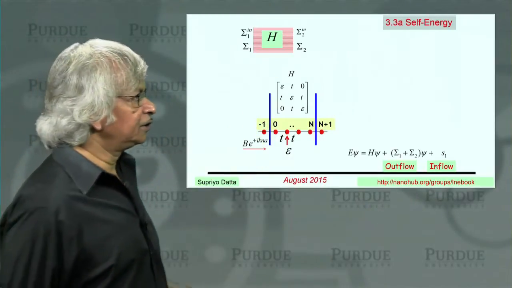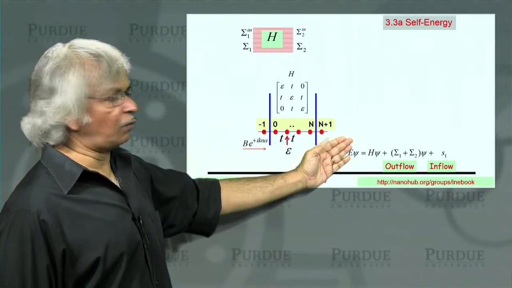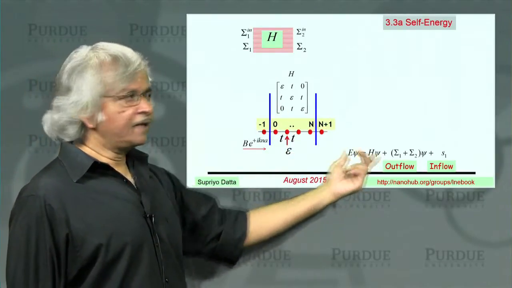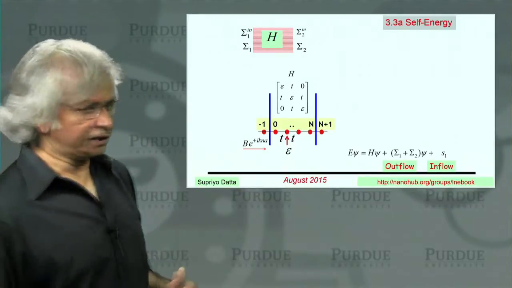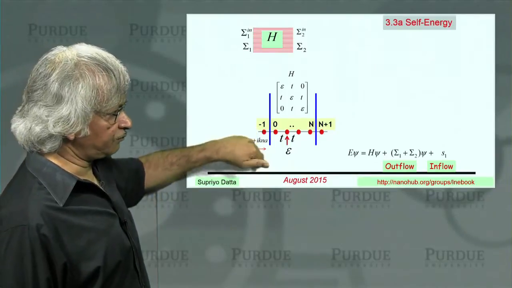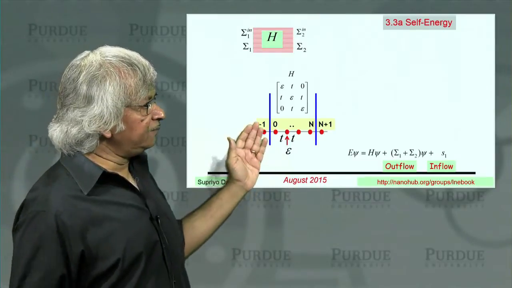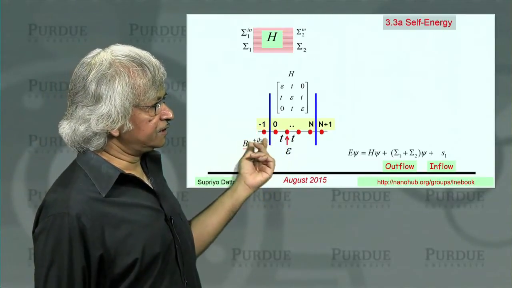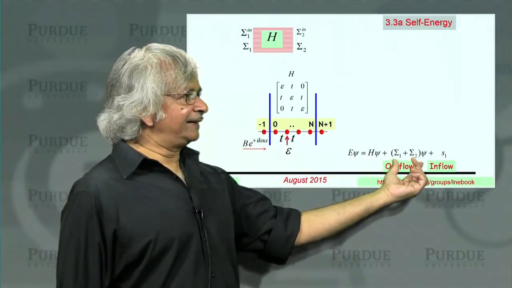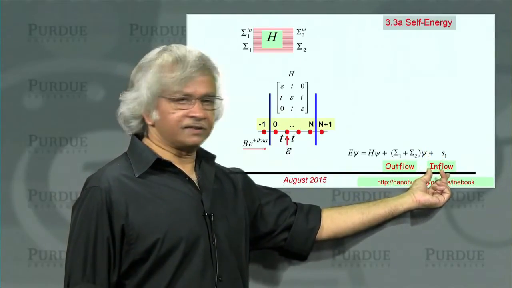Now, before we get into the general method, let me just quickly recap what we had done in Unit 2 for the 1D problem. We said, let's say we have a 1D wire described by the Schrodinger equation E psi equals H psi. And then you impose these boundary conditions. That is, you assume there's a wave incident from the left contact and there's a reflected wave and transmitted wave. And by applying those boundary conditions and eliminating the points outside the boundaries, you can get these additional terms. This one represents outflow and the one that represents inflow.